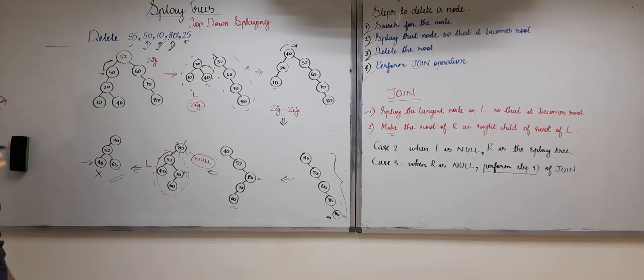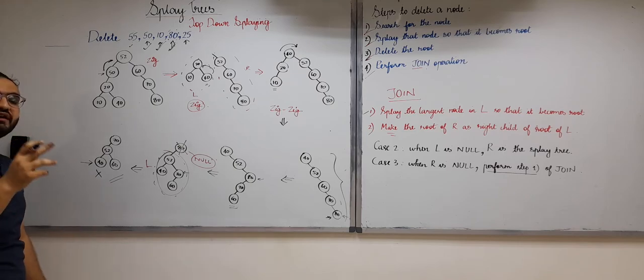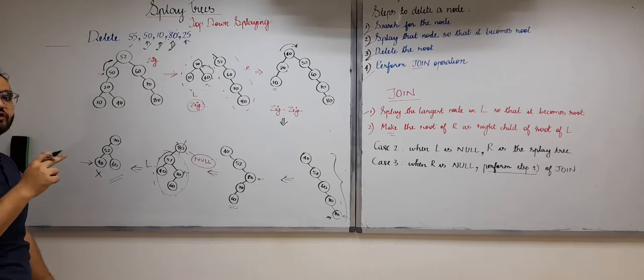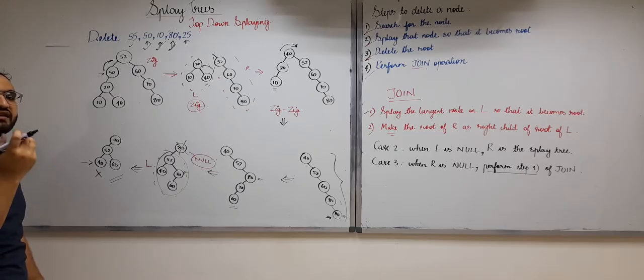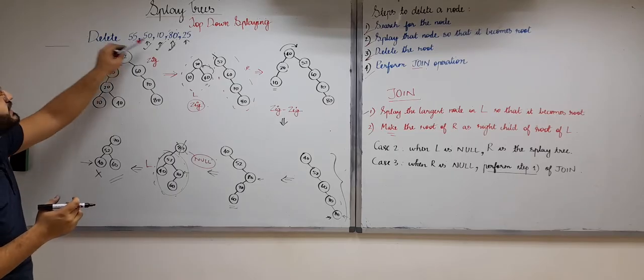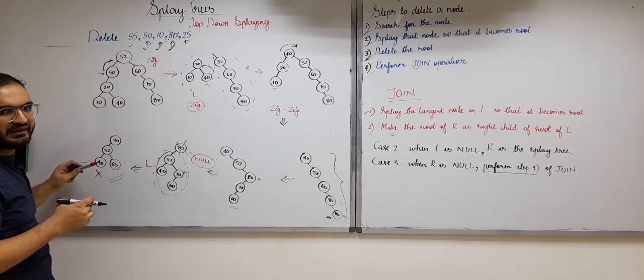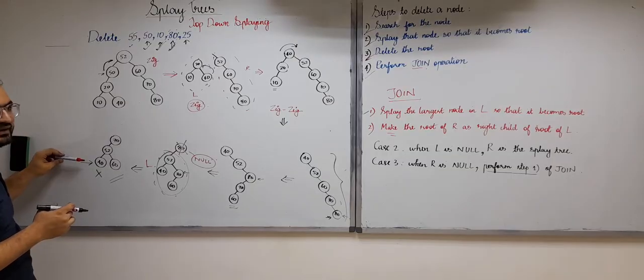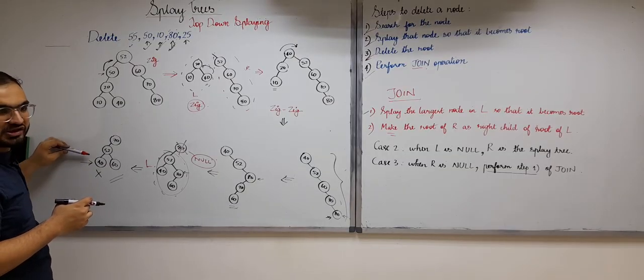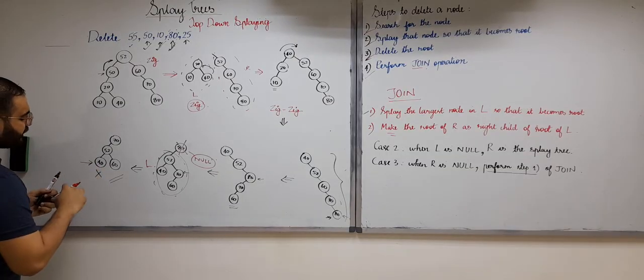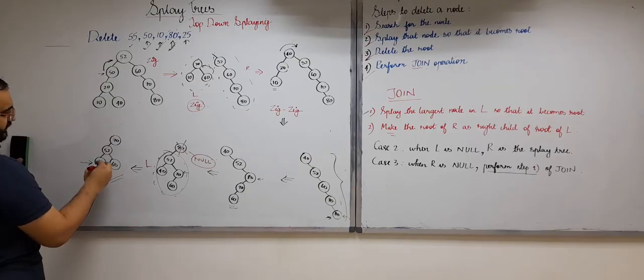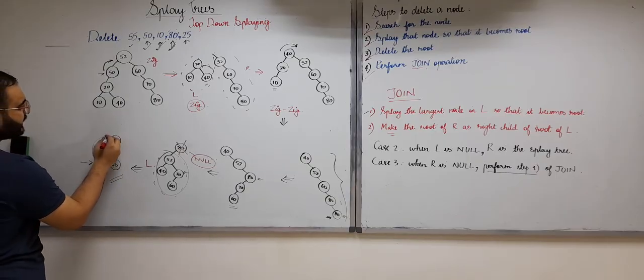This is the same thing that we did in the bottom-up splaying also. In case of unsuccessful search in a delete operation, if you have seen that video, when the element that we had to delete was not there in the splay tree, we actually splayed the node where our search stopped. So we need to splay 40 in this case, right? We need to splay 40 and bring it to the root.